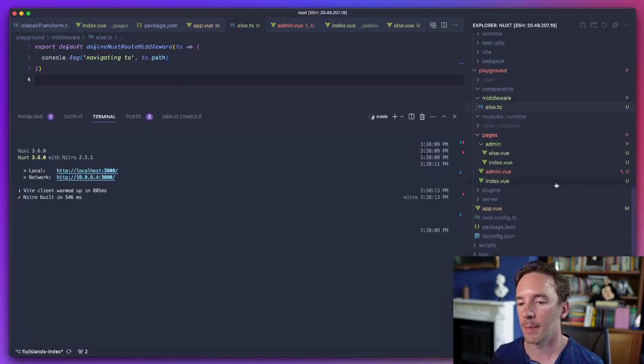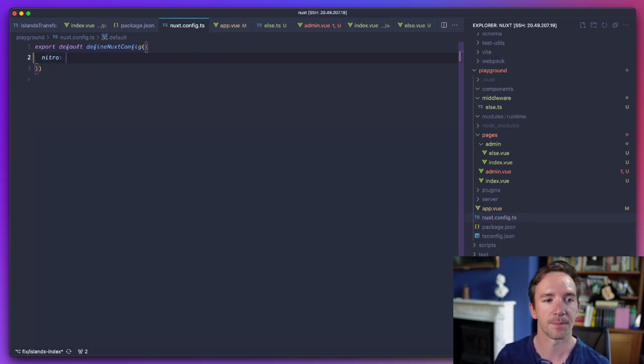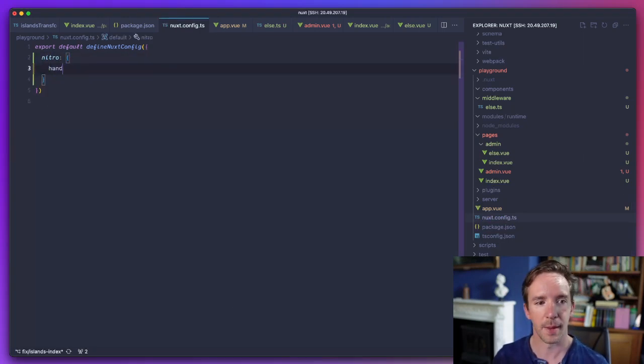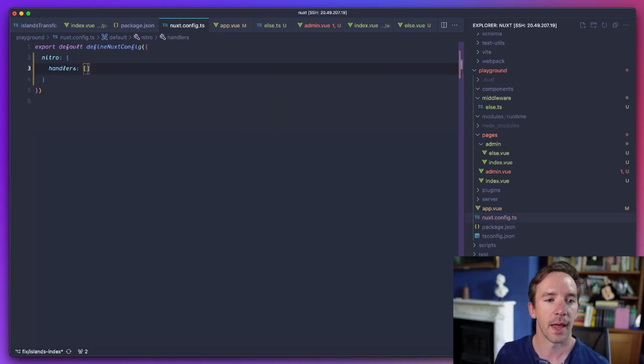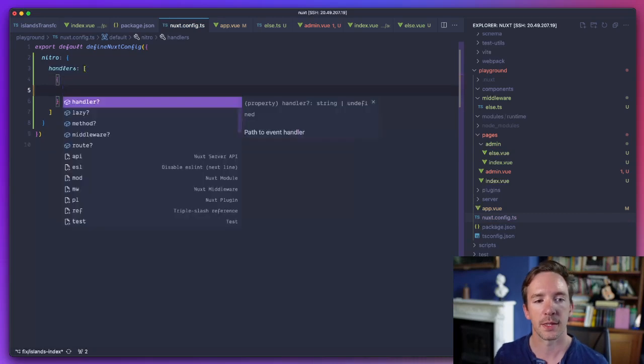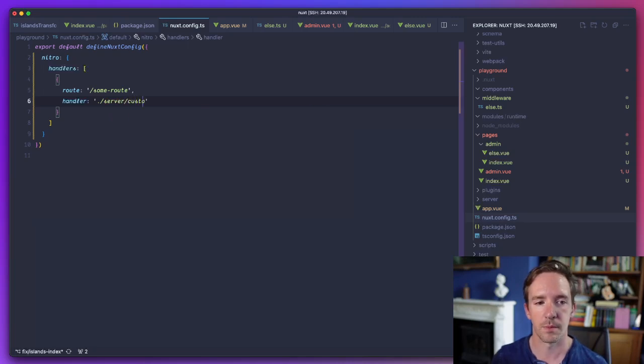One way of making that happen is in your Nuxt config, you have access to this. You have a handlers property, and in your handlers you can create handlers, which is the path and the route. So you could say something like some route, and then the handler is in, like, server custom routes, whatever.